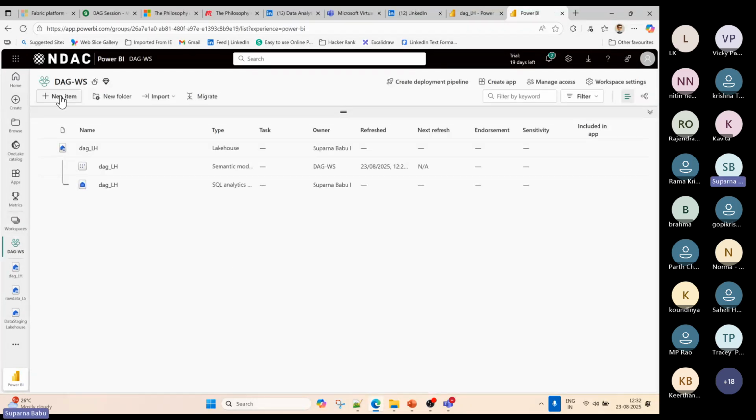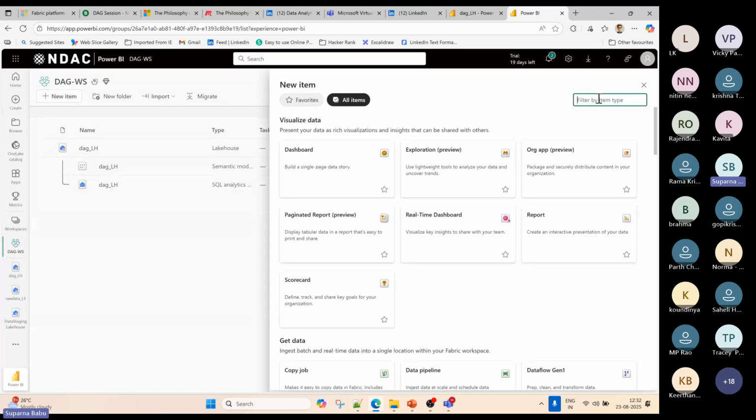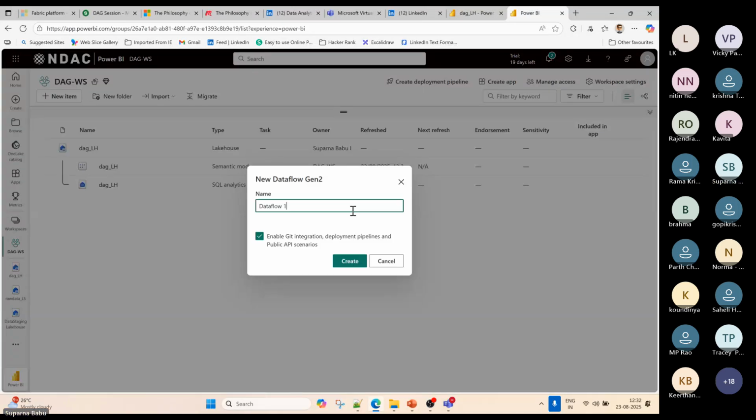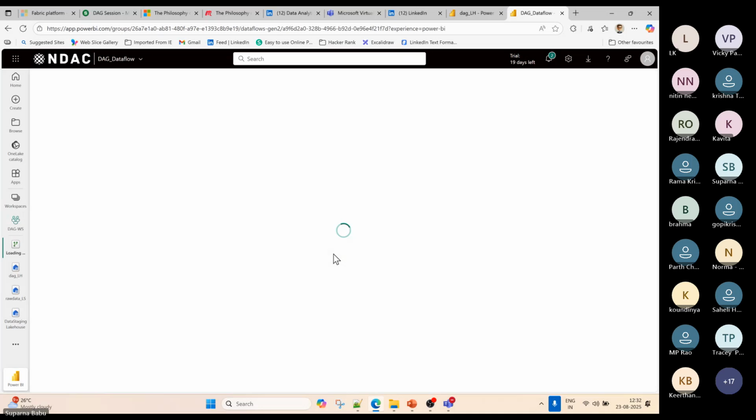Now let's create a Dataflow Gen2. Select Dataflow Gen2, name it DAG data flow, and click create. It is loading our data flow.